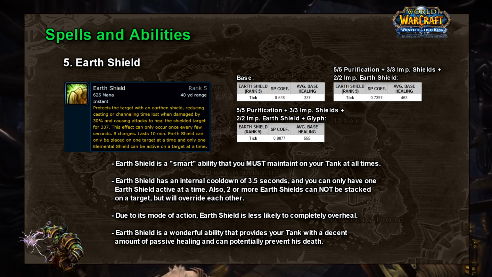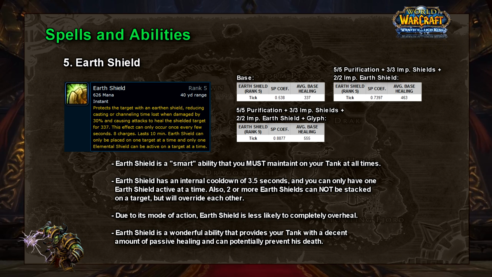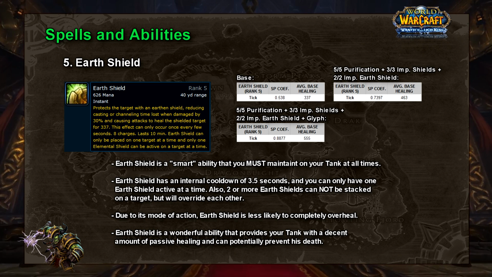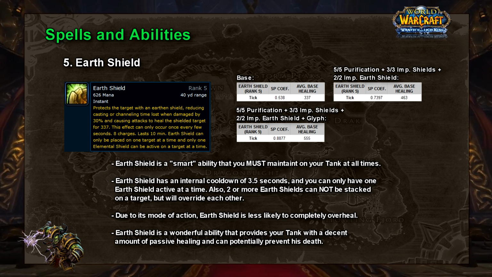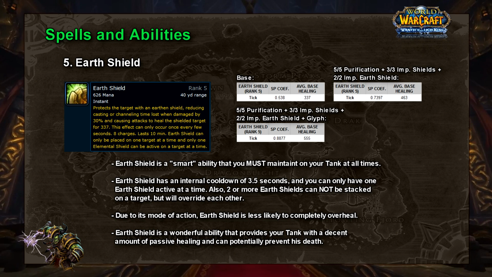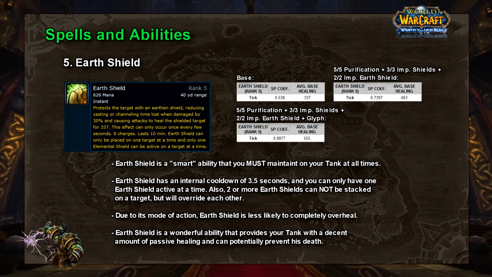The spell's proc has an internal cooldown of 3.5 seconds and will trigger and instantly heal its target when they take damage. This puts the spell in the category of smart heals, and due to its mode of action, Earth Shield is less likely to fully overheal, and it's not surprising to sometimes see Earth Shield in the top 3 healing sources on your recount. The spell benefits from Purification, Improved Shields, and Improved Earth Shield talents, as well as Glyph